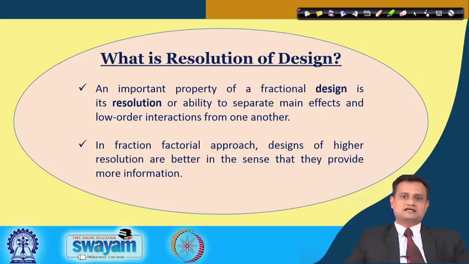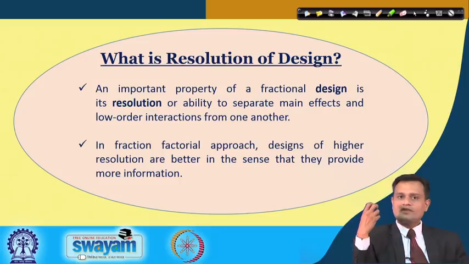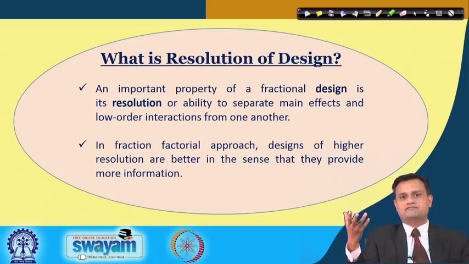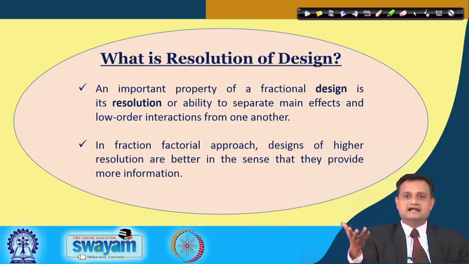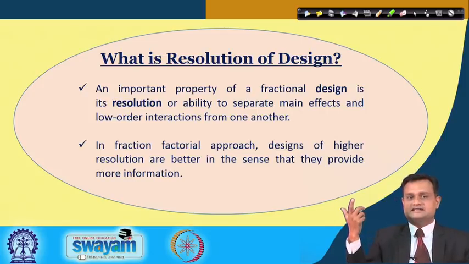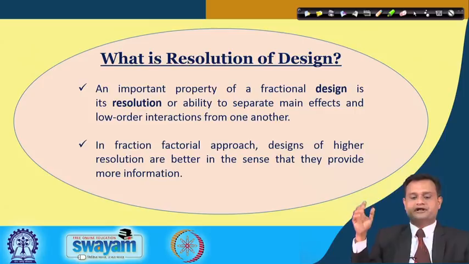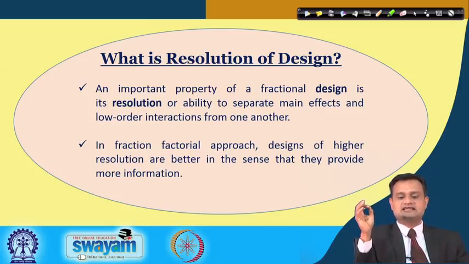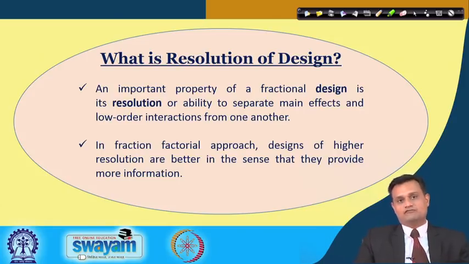Now there is another concept which is very important in fractional factorial design. When I am only working with a fraction of the number of runs, by getting rid of the redundancy by identifying the aliasing or confounding effects, I also need to look at the resolution. Resolution means the accuracy in judging the effects. So this is an important property, and basically it indicates the ability to separate main effects and the lower order interactions from one another.